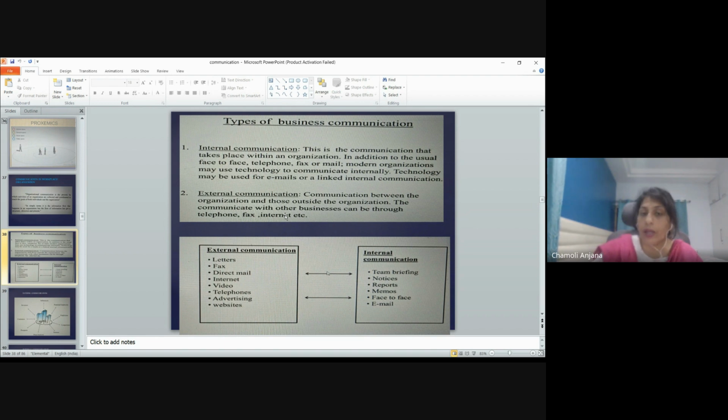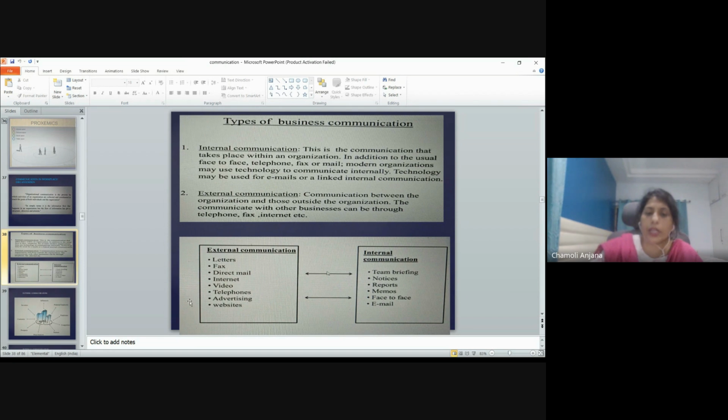Buyers, right? The buyers, or in the sense the suppliers. The buyers are anyway the customers. The suppliers: to manufacture the goods and services, you need the raw materials or the machineries. So you have to approach the suppliers. So you have to communicate to the suppliers. So all these kinds of communication that take place with these external parties are the external communications.